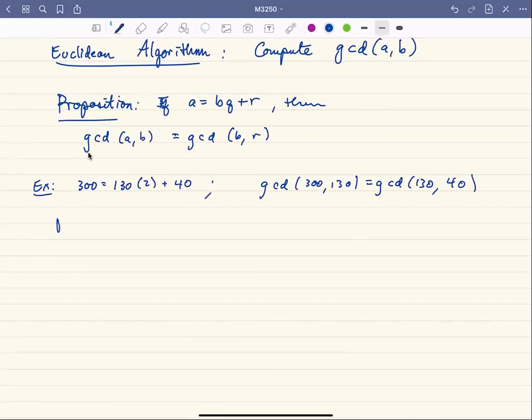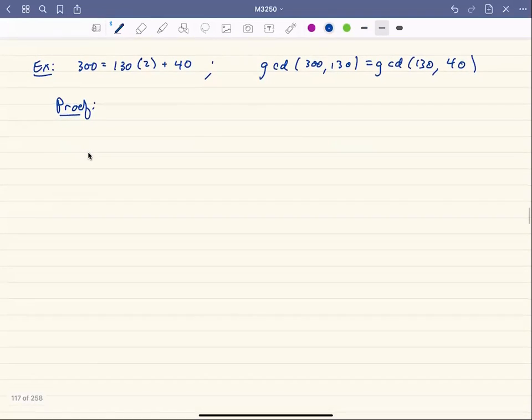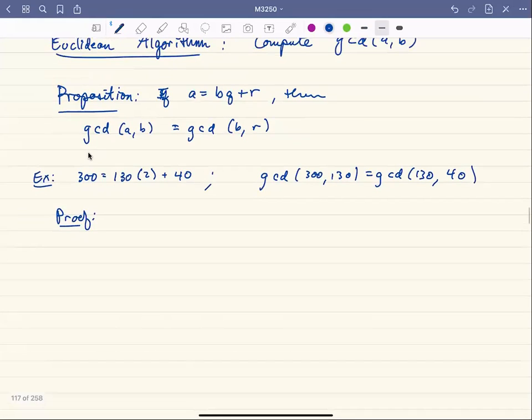But let's prove the proposition, and then after that we can describe the algorithm, and then after that we can do an example or two. So our proof of the proposition is: suppose that a is equal to bq plus r. What we're going to show